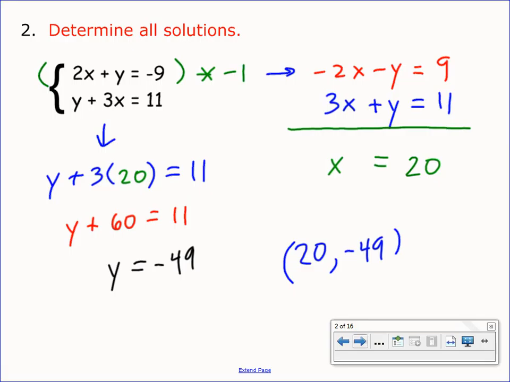Does 40 plus -49 equal -9? Yes, so it satisfies the first equation. Let's take a look at the second one. y is -49 plus 3 times 20 is 60. Does -49 plus 60 equal 11? Yes, it does. By golly,